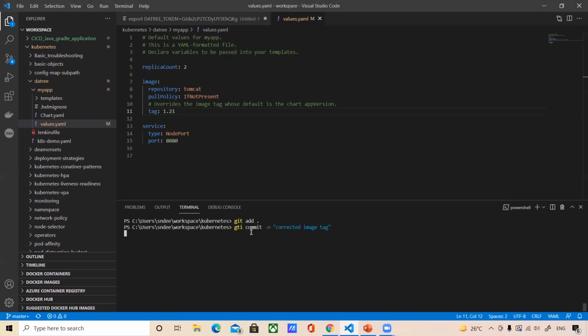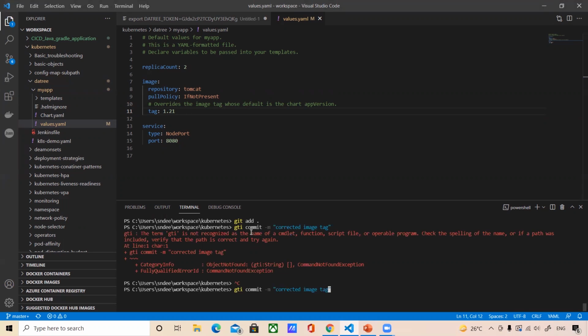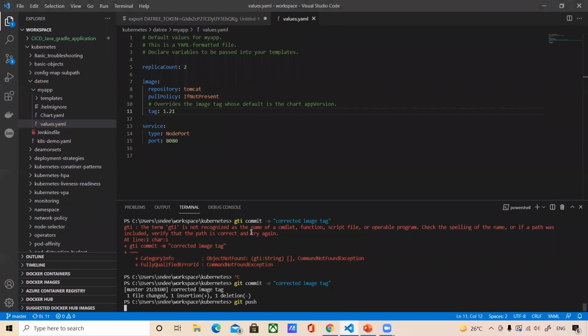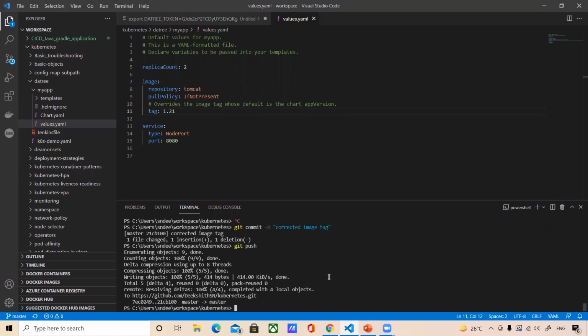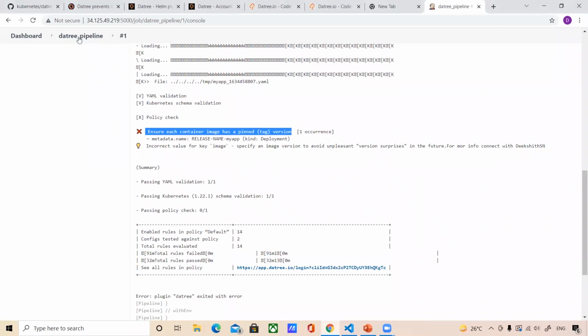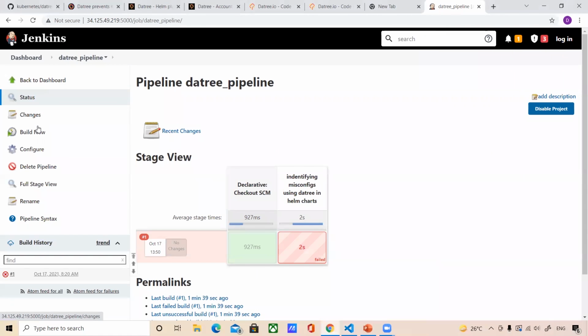And once this is done, okay, sorry, a typo mistake. So we will commit and git push. Once the push is done, I can run my particular pipeline again.